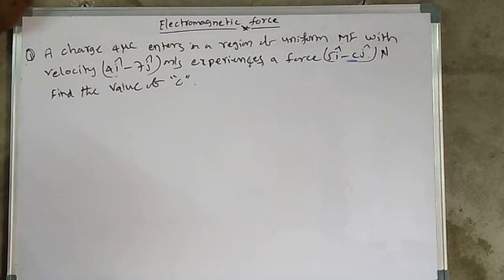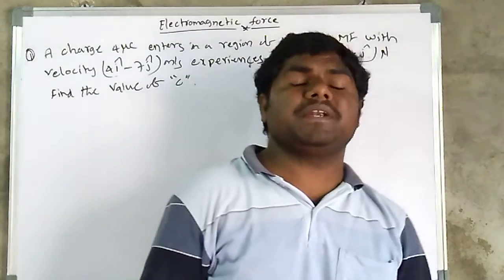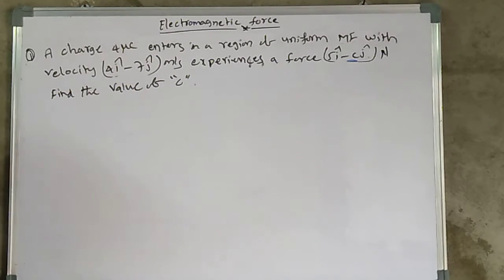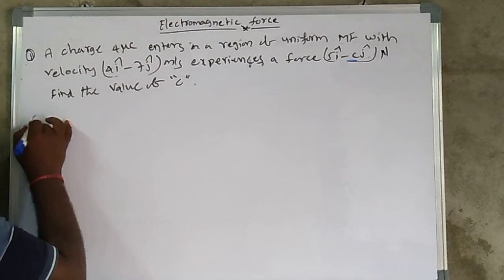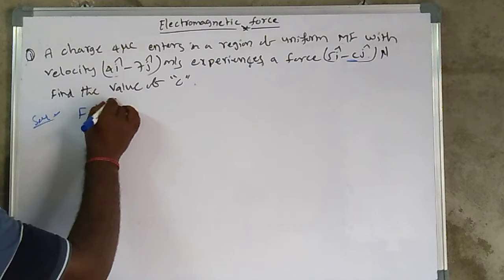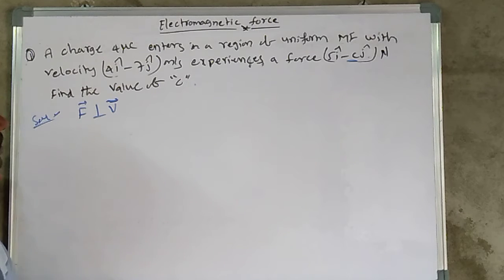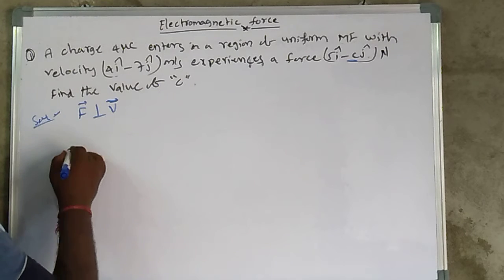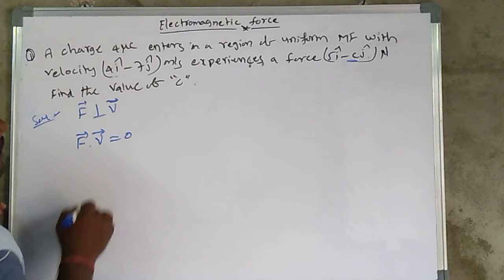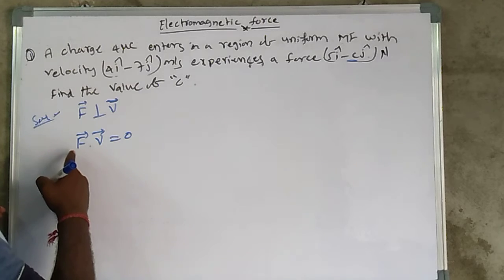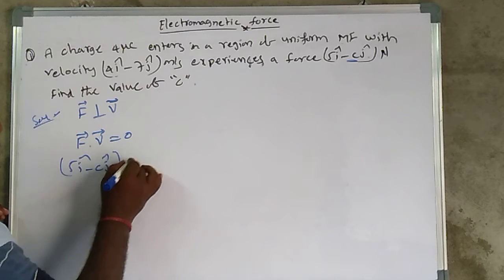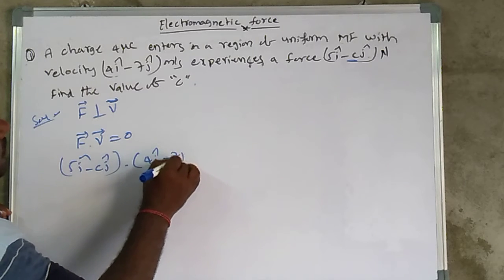So as we know, force is perpendicular to the velocity. Force and velocity are perpendicular to each other. So according to vector formulas, F bar dot v bar should be equal to 0. F bar is nothing but 5 i minus c j, dot v, which is 4 i minus 7 j, should be